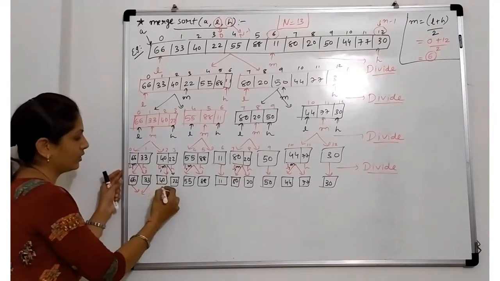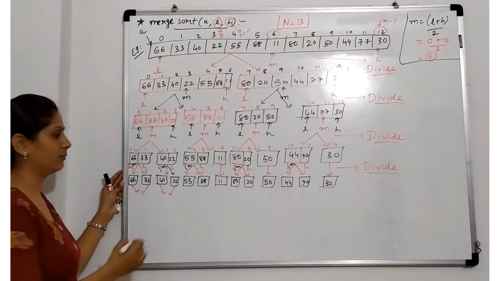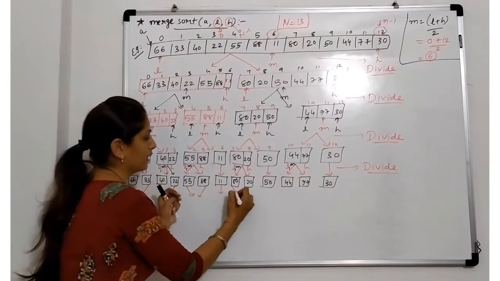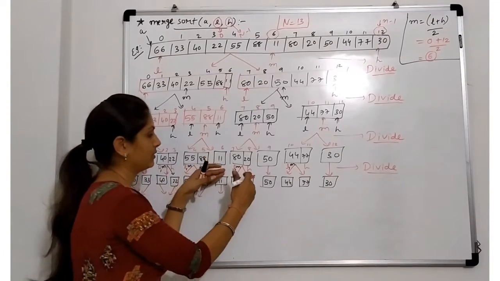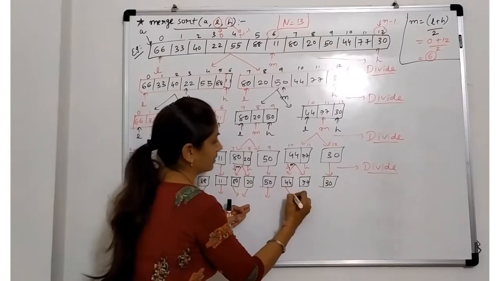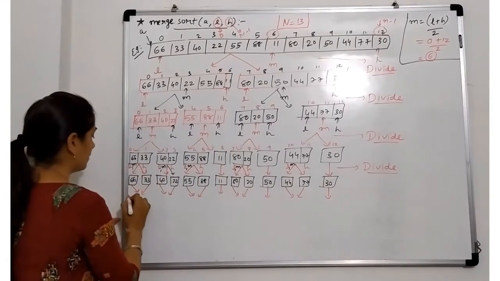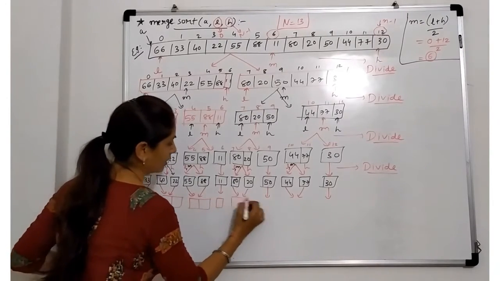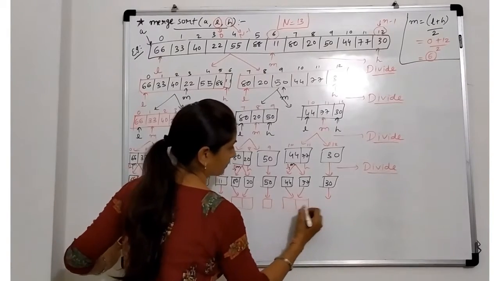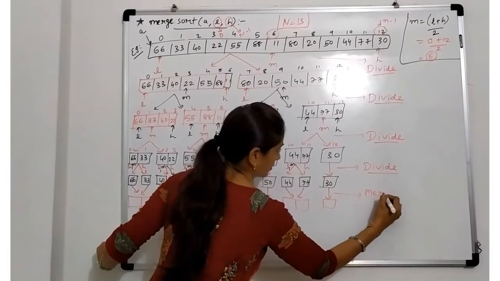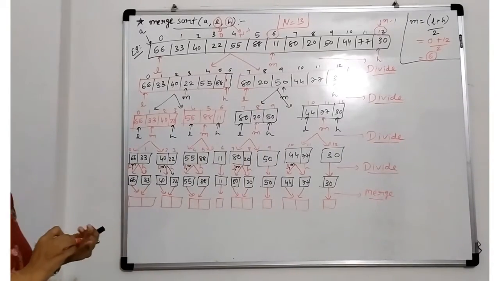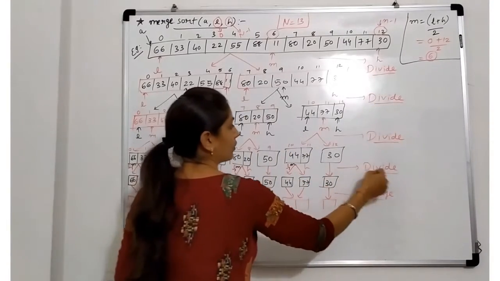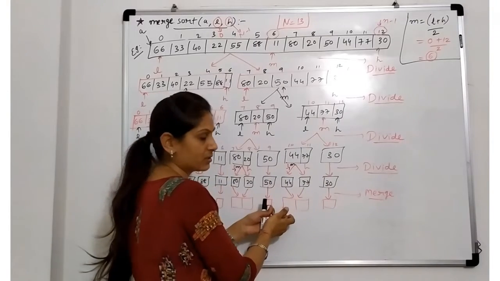Same, 40 and 22 are separated, so we can merge them. Again these 2 are merged because they were separated. This is individual, same. Here same, it was divided so it can combine. Likewise we are combining these elements now, and this is nothing but the merge. So how many times do you have to perform merge now? 4 times, because we divided 4 times. So according to this division, now we merge the elements.